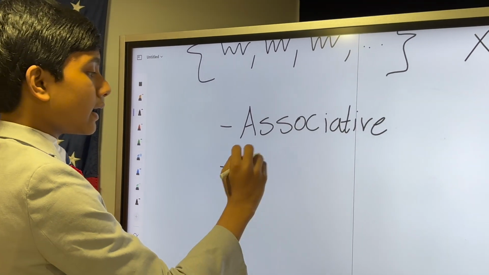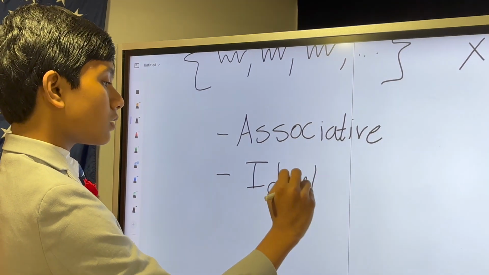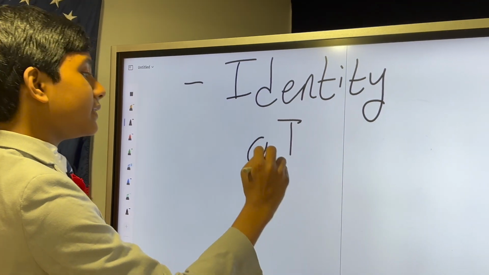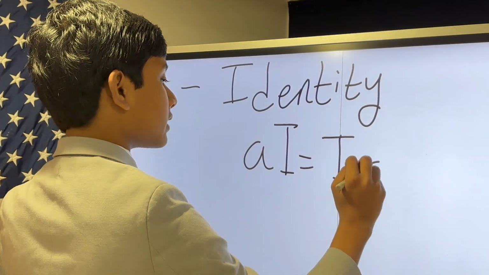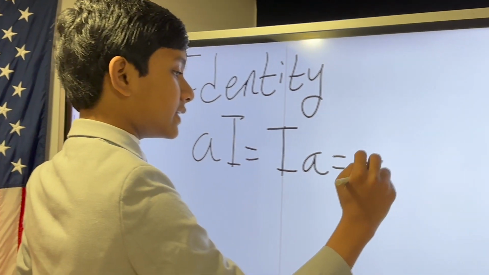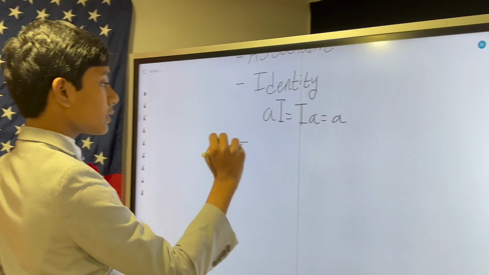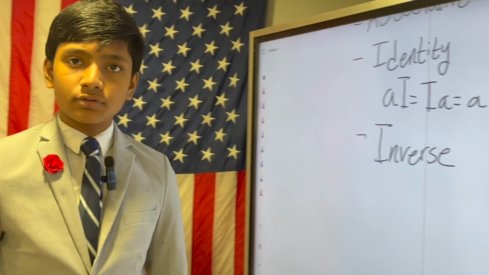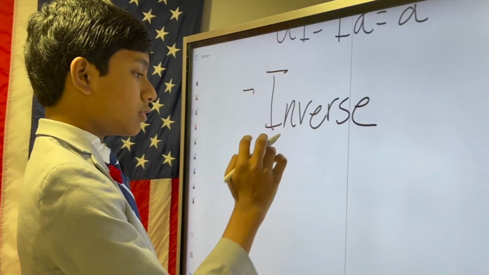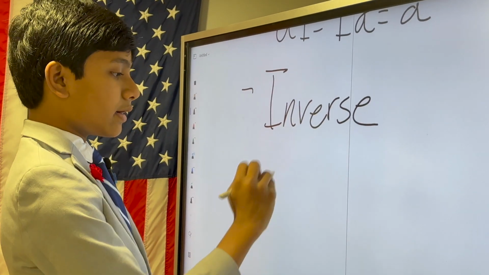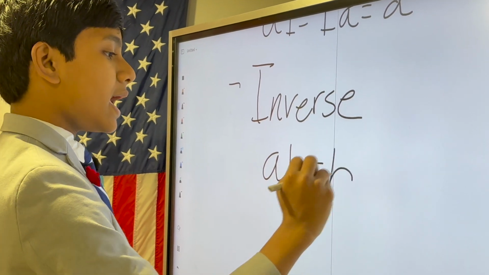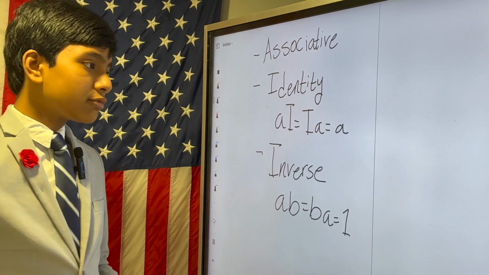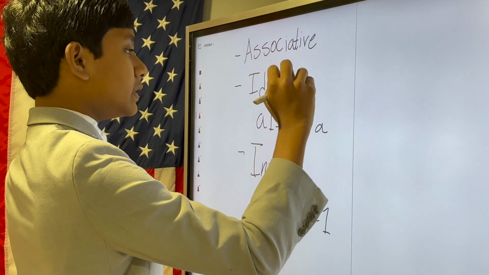There has to be an identity such that any element times the identity is equal to the identity times that element, which is equal to the element itself. And there always has to be an inverse. So that inverse, for example, could be, if we take AB, this is equal to BA, which is equal to 1. So the first thing we're going to do is we're going to prove there's one unique identity